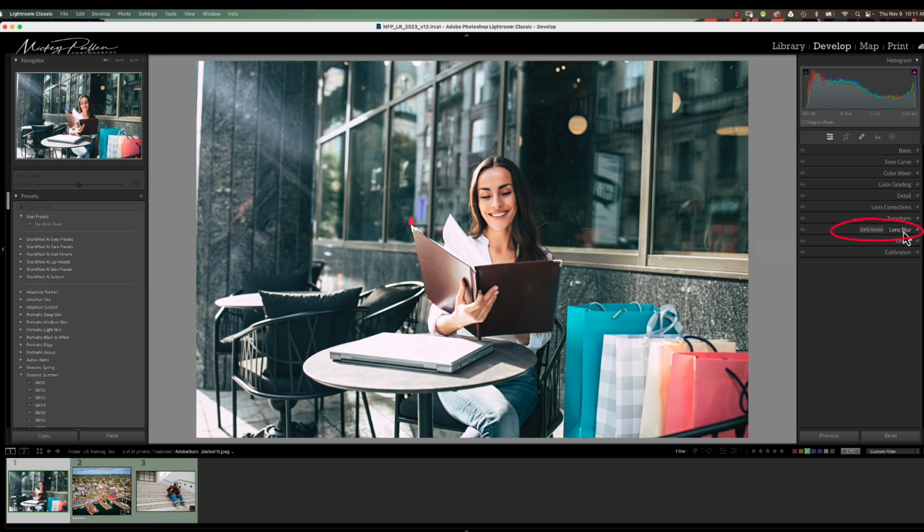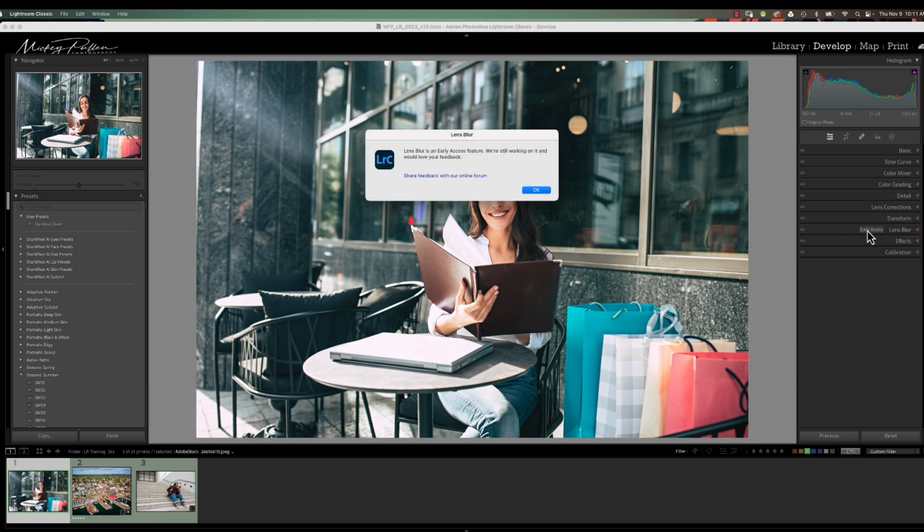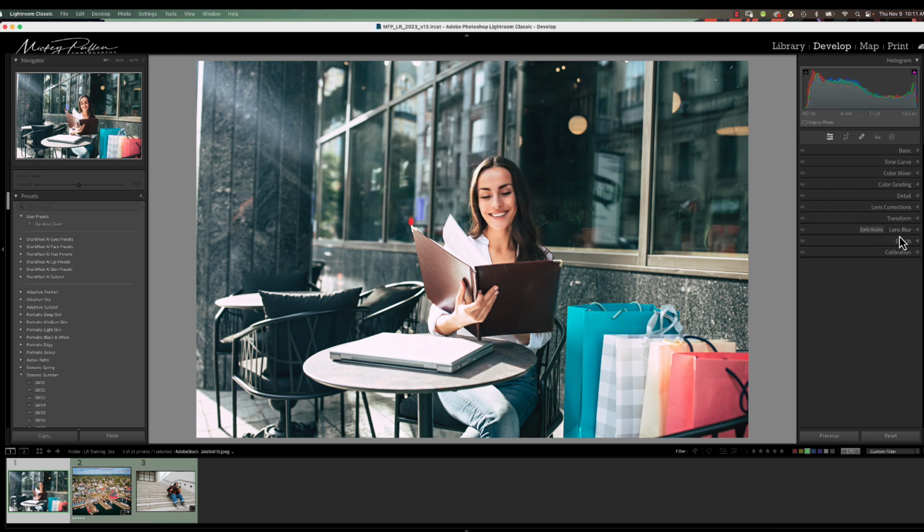To start out with, Lens Blur is in the Develop module under its own tab called Lens Blur, and you'll see next to it Early Access. And if you happen to click on that button, it's going to bring up this dialog box telling you it's an early access, kind of a beta feature, and if you want to share any feedback, you can using that link. To activate Lens Blur, we're going to click on Lens Blur or the down arrow, and we're going to